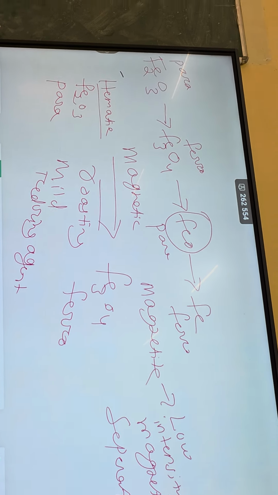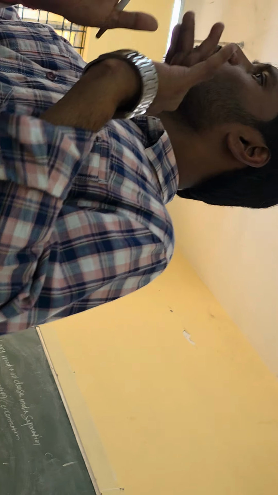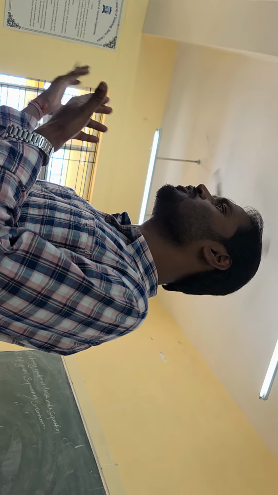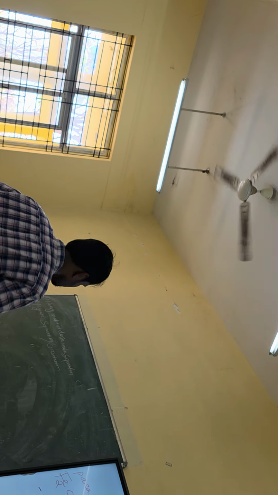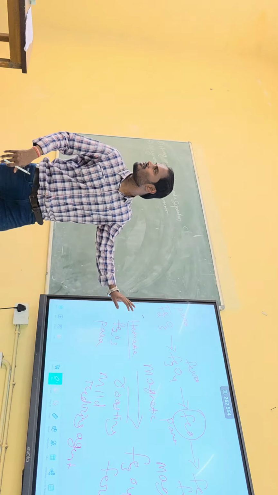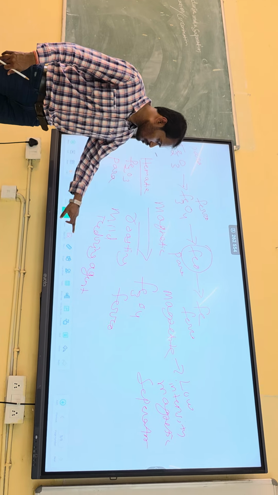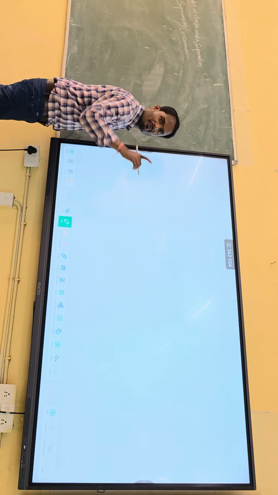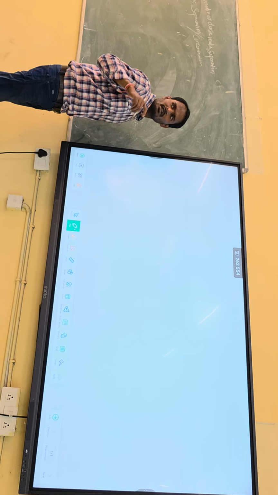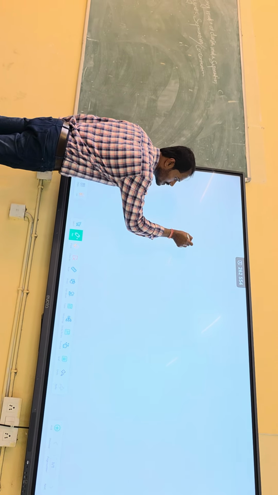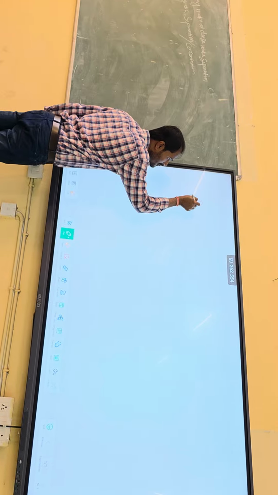So is it clear? So in industry we can either choose low intensity magnetic separator or we can choose high intensity magnetic separator, depending upon your starting mineral. Or otherwise you can do what? You can do magnetic roasting simply to save the energy. I think it is clear. Finally we move to the diagram. Diagram is important. In the exam you need to draw the diagram. Right? So you can write drum.